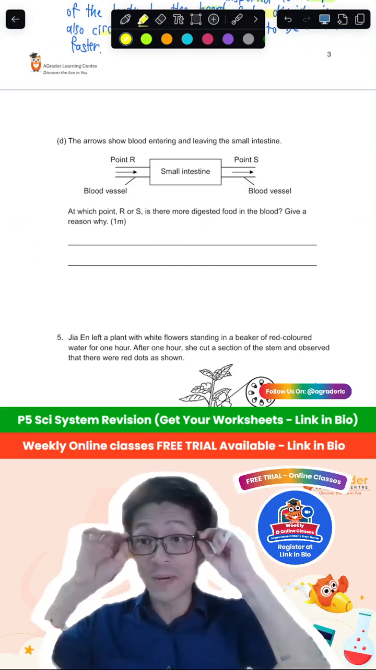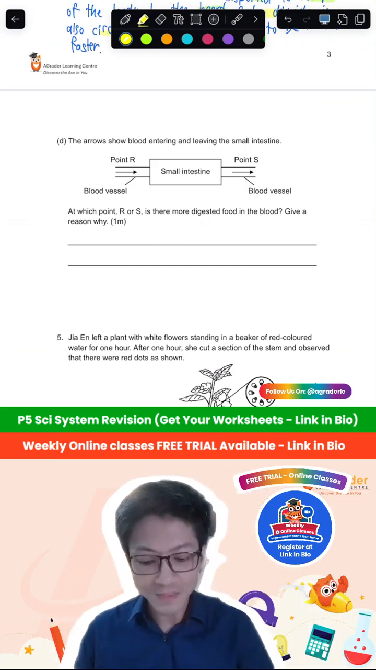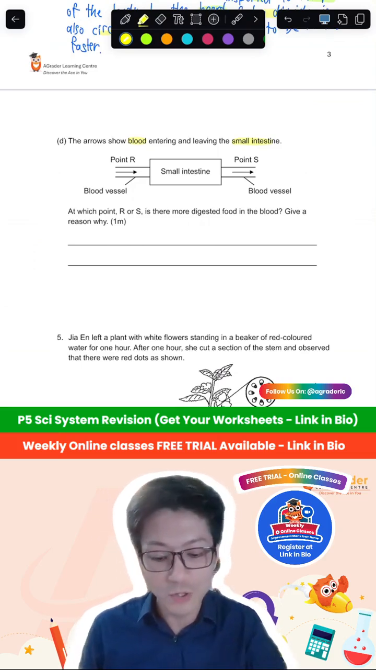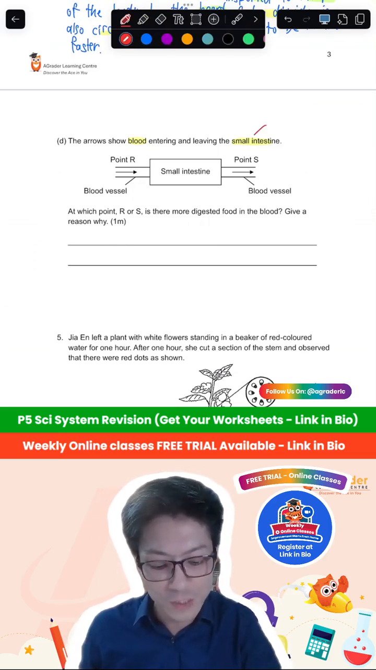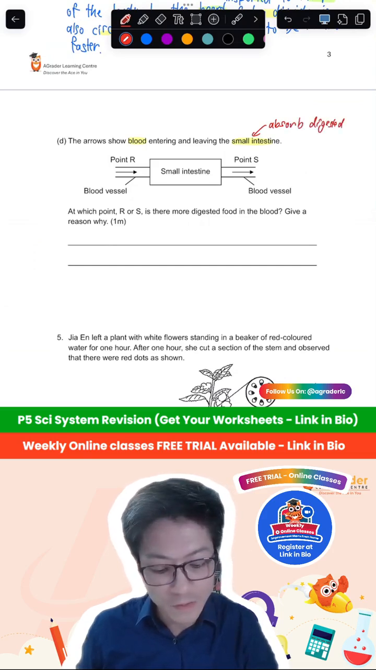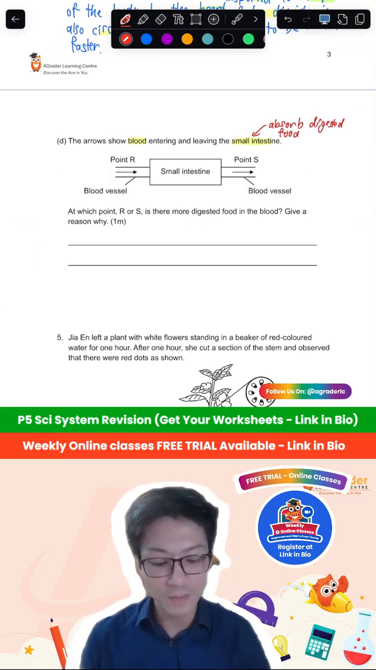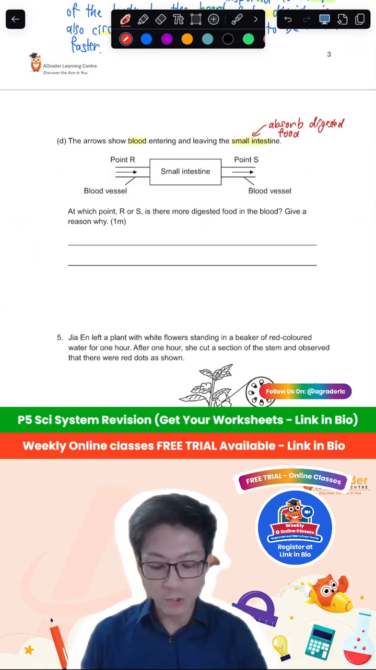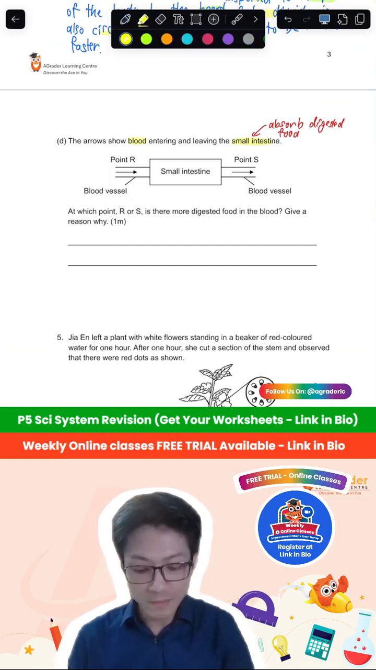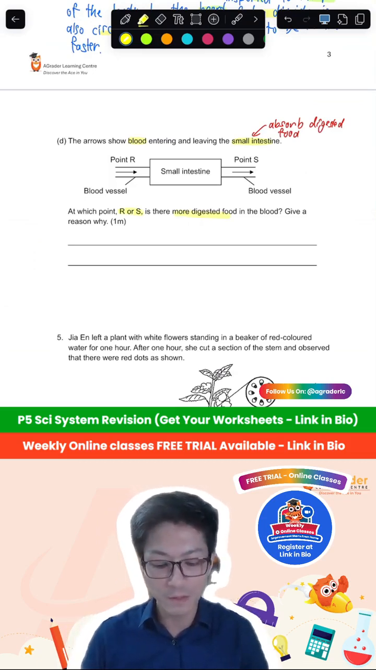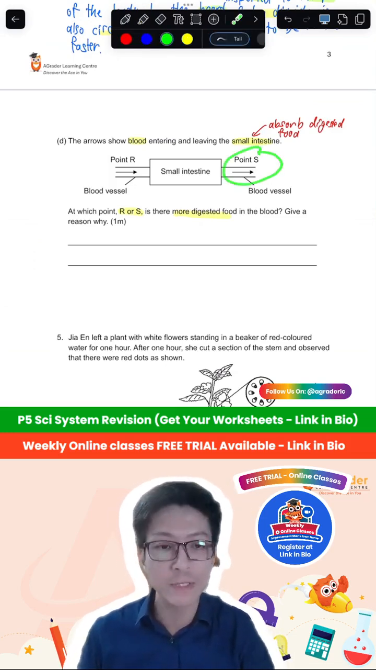Okay, let's move on to part D. The arrows show blood entering and leaving the small intestine. I'm sure you all know what the small intestine does. The small intestine is where they will absorb and digest the food. So digested food is absorbed at the small intestine. The question is, at which point, R or S, is there more digested food in the blood, and then give a reason why. I'm sure it is going to be point S, because